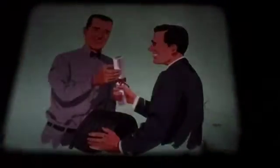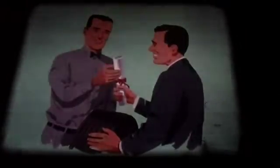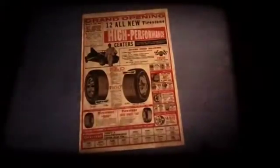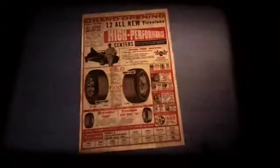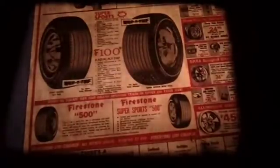After your candidate has completed his high-performance training and your equipment is set up, you will have a registered Firestone high-performance center and will be entitled to run a grand opening ad like this and feature yourself as high-performance tire and wheel headquarters in your market. Remember, whether it's high-speed handling, wet pavement traction, or extra long mileage,